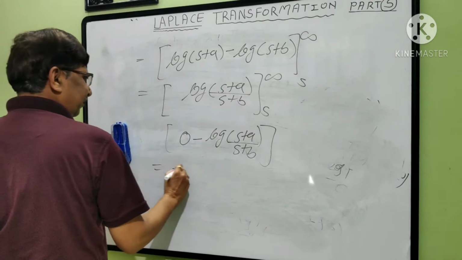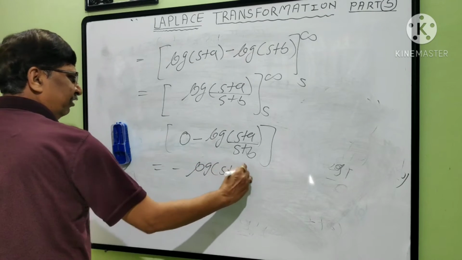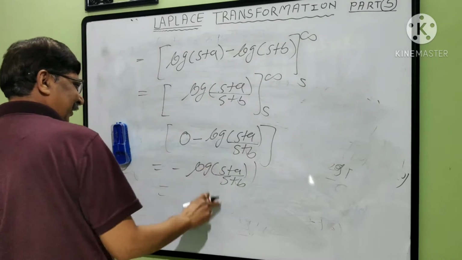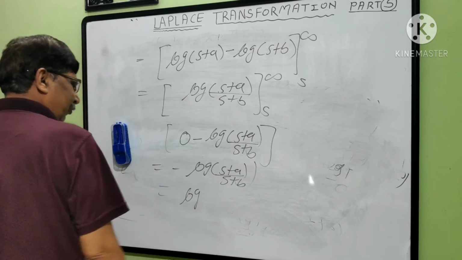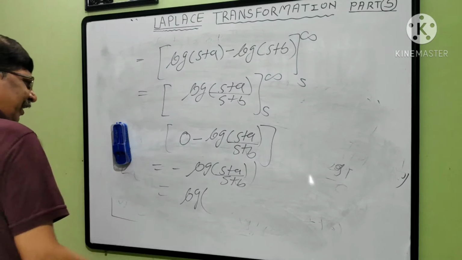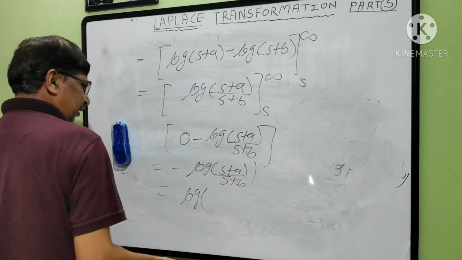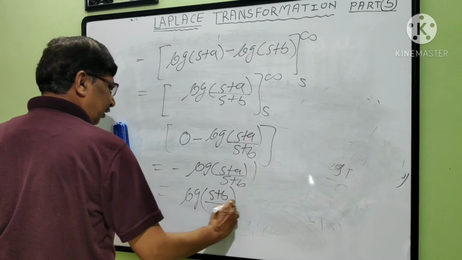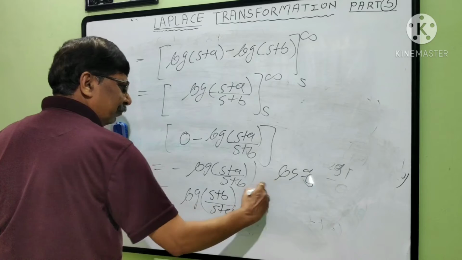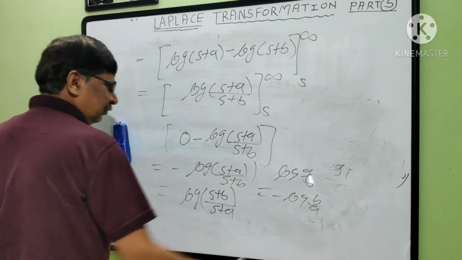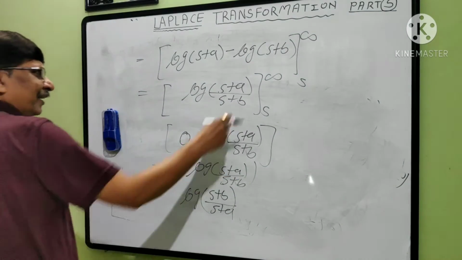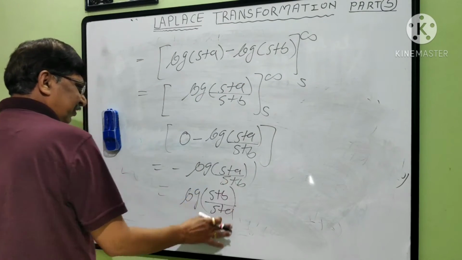Okay. But actually this is minus log of (s plus a) upon (s plus b), but we want to convert this minus sign into plus sign. If we want to convert, otherwise this is also an answer, but you don't want this negative sign, this (s plus a) upon (s plus b) will become (s plus b) upon (s plus a) in the log. Okay, log a by b means what? Minus log b by a, that is the result from logarithm, and hence in this way we can write this as the answer. Also this is the same.